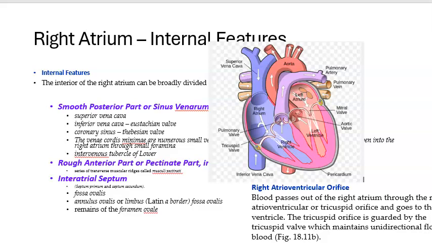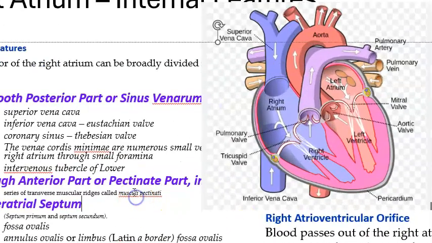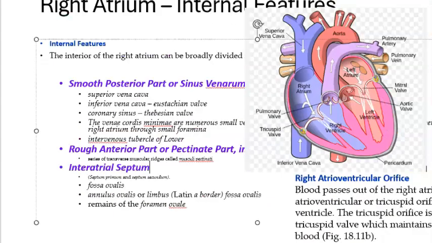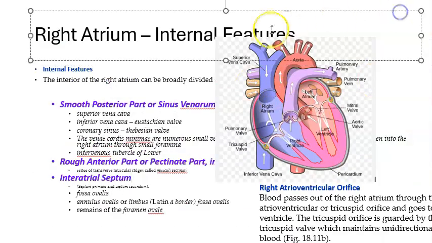Anterior wall, what happens? It is actually rough. Anterior wall you're not able to see here, in this diagram, because we have shown you a cut diagram. So anterior wall is actually rough and pectinate. So it is having muscular ridges called musculi pectinati. So you can understand it is rough. So there's a lot of nidus in the right atrium for thrombus formation. Okay, then